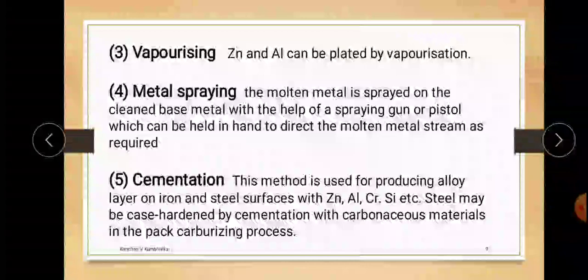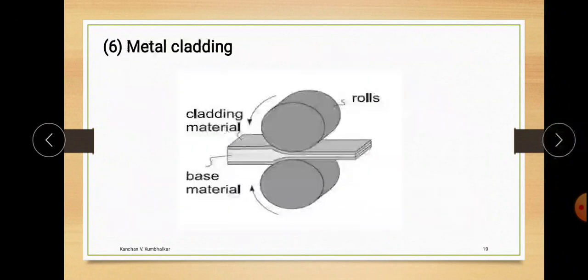It is exactly like the other type, but modified, and there is a coating with the help of powder, heated exactly just below the melting point. And the last and most important is metal cladding. Many processes for cladding a base metal with another metal or alloy have been developed recently to impart corrosion and water resistance.